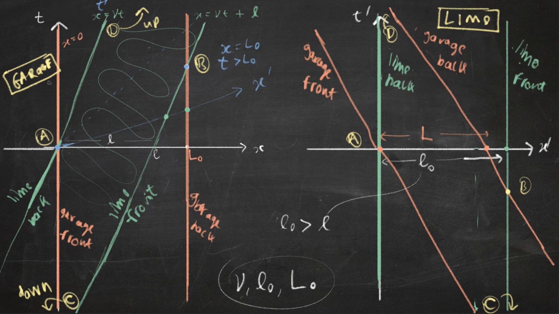Okay, so in this video, I'm going to talk about the transformations of the events A and B a bit more, and some of the conditions that might be required on the lengths big L0 and little L0, and also the speed v, such that we can attain this situation from this situation, so that we can attain a frame of reference where B precedes A. So let's remind ourselves of the